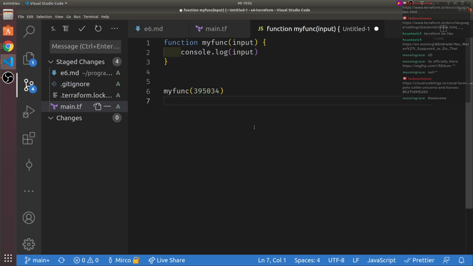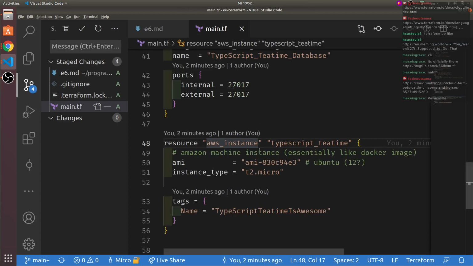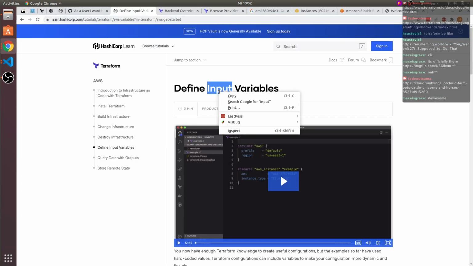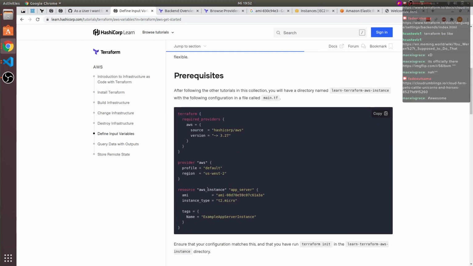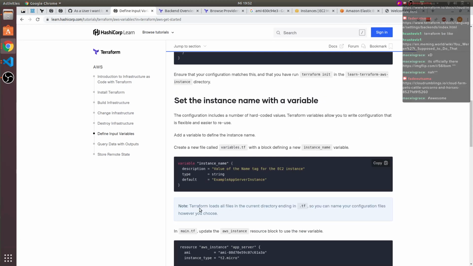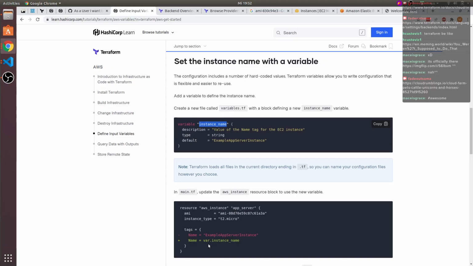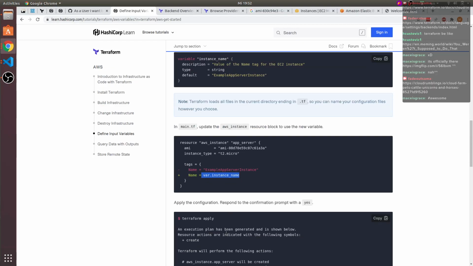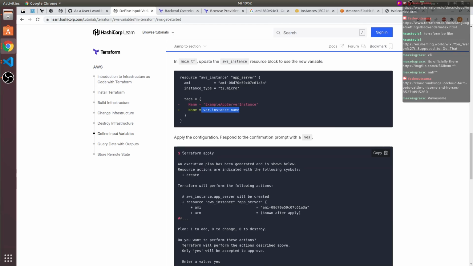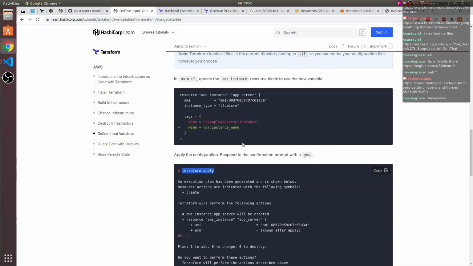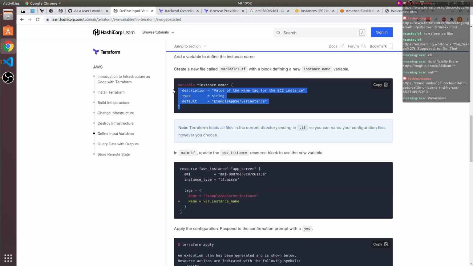And you can do that in Terraform to a degree as well. This is where input variables come into play. So you have to define them like so. There's a separate keyword for that. And in this case, it's the instance name, which we could parameterize. And then whenever you run Terraform apply, let's do that, man. Stop talking, do it.